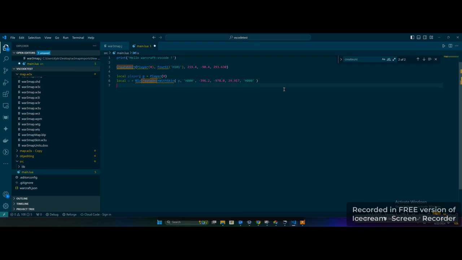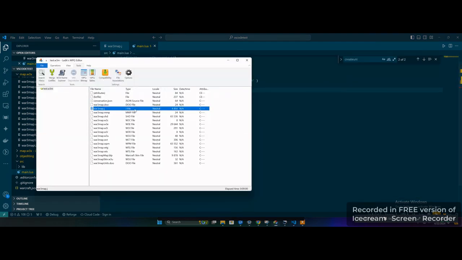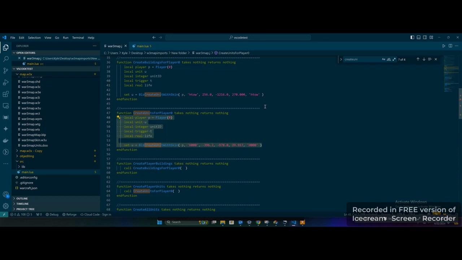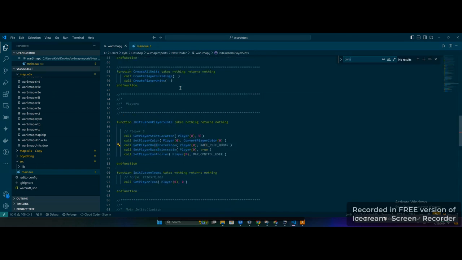And just in case you're like, hey, what's going on? You did that too fast. Let me walk you through it again. So from your MPQ editor, right click, click edit. It will open up your .j file in VS Code. I did Control F. I searched for create